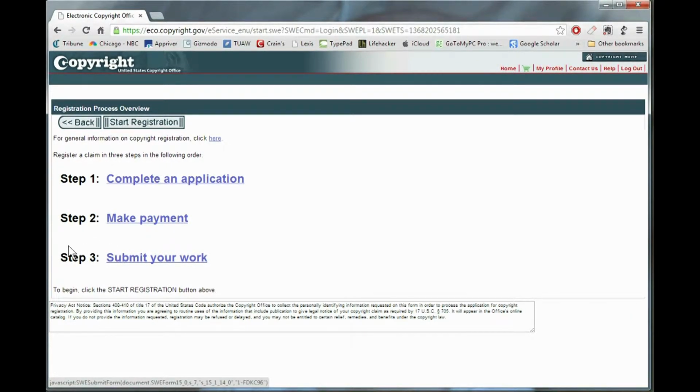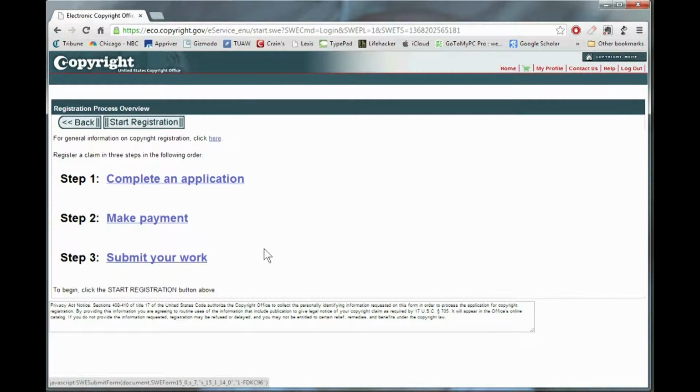submitting your work, you're going to have your drawings in a PDF format, and you'll upload those to the Copyright Office. There's a 1-hour time limit on that. So let's say you have 100 or more large architectural drawings. You might hit that limit if each of those drawings is several megabytes. If you have a fast connection, you might be okay, but with a slower connection you may have to submit